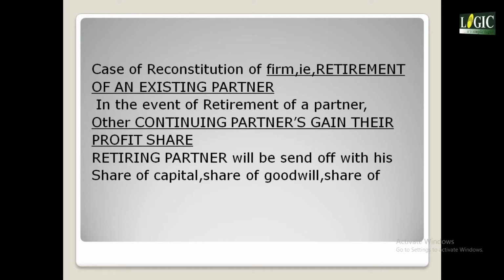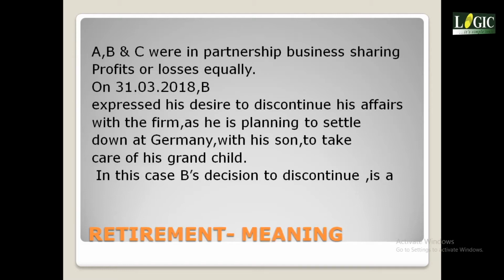When B retires on 31st March 2018, what was made till 28th February 2018 is eligible to be enjoyed by all, including C, because till yesterday C was there, his efforts were there, his sweat was there. So whatever is made by the firm, it is A, B and C who are eligible to enjoy. So, in admission, when we revalue assets and liabilities, we distribute revaluation profit amongst old partners because till yesterday only A and B were there in the picture.